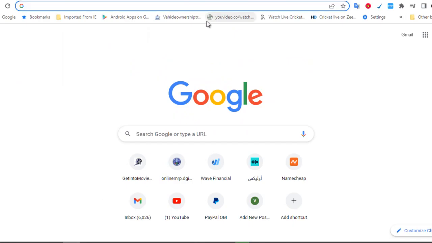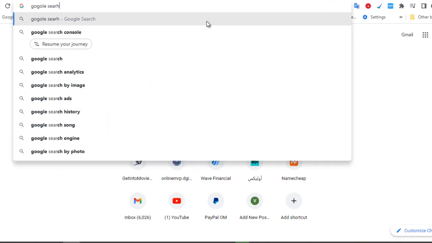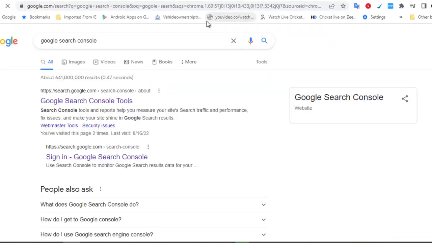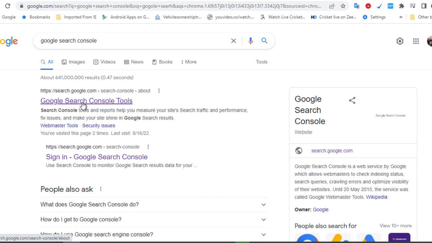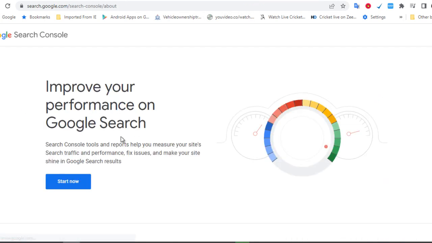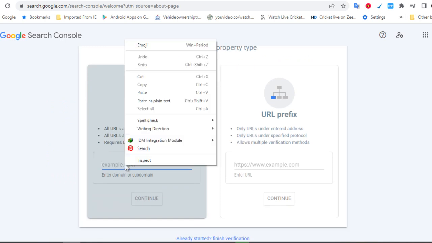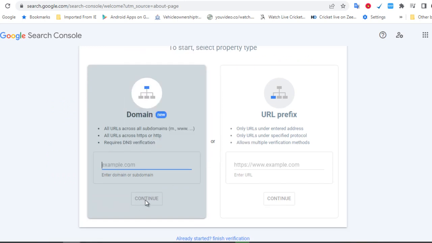Simply come here in Google and search for Google Search Console. Go to the first website and click on Start Now and put your domain here. Simply after that, click on the continue button, and after that I will give